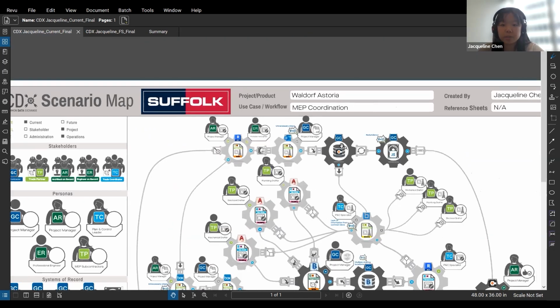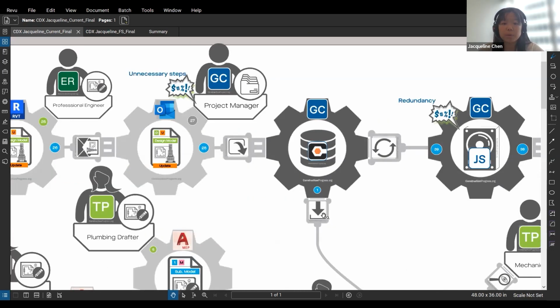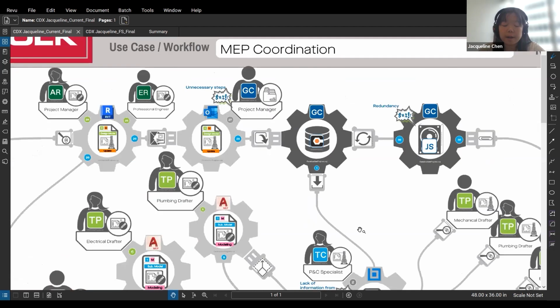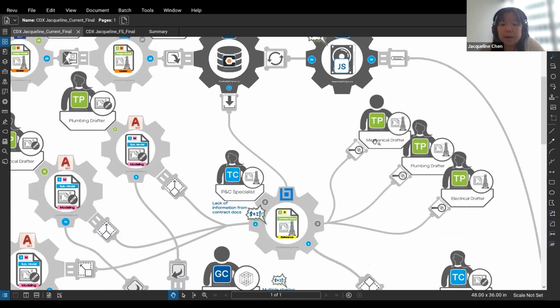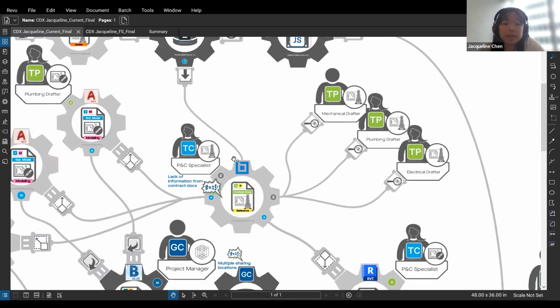So going directly into the workflow, we'll start off with Procore. First, the contract documents are taken from Procore, downloaded and viewed in Bluebeam, and then shared with the MEP